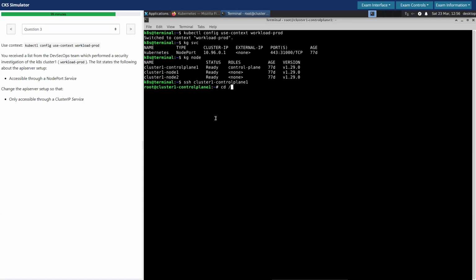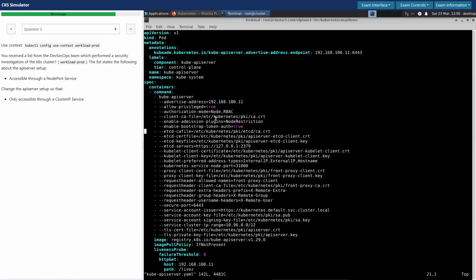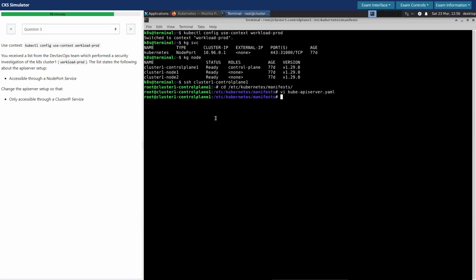Let's go to the API server manifest location. And here, if you see this line, line number 28, Kubernetes services node port 3100. This is what is causing that service to be of type node port. So we delete this line and we go back to the root node,